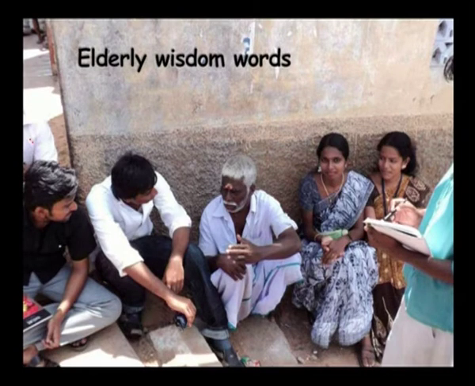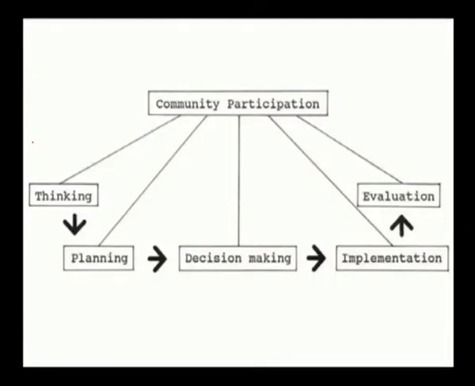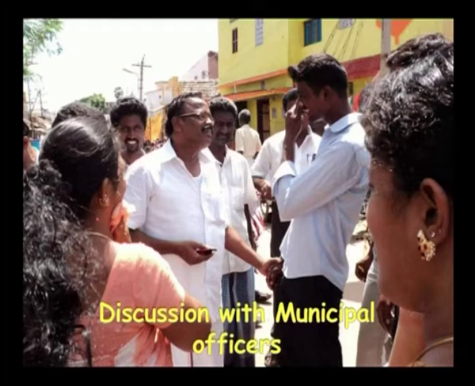A group of people interact with the old age people in that particular area, people who have lived there for more than 50 years, to gather details on when the settlement was formed, how far they came from, and why they came from one location to another. All these smaller details are collected to gather data on historical statistics related to that settlement. Slowly, it moves on to community participation, which starts with thinking, then moves on to planning, decision making, implementation and evaluation. So, community participation does not only relate to the design, but also the implementation and evaluation stage.